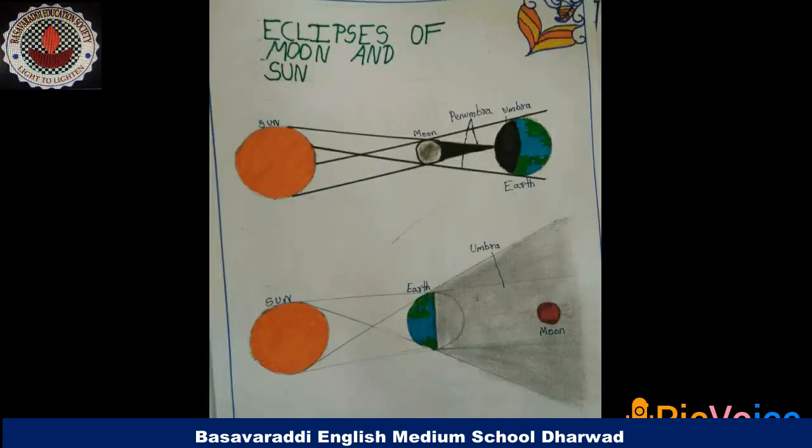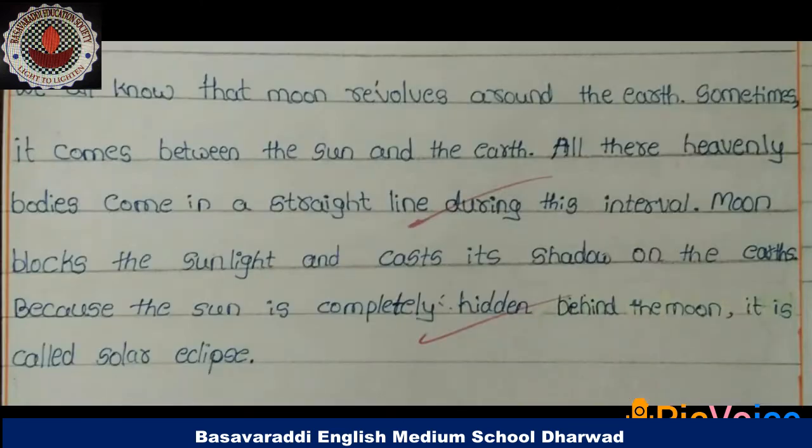Second layer is subsoil. Subsoil is present below topsoil and above bedrock. The roots of the plants reach up to this layer of soil. The last layer, third one is bedrock. Bedrock is the lowermost layer of the soil profile and it contains large pieces of rocks. Okay, this is about soil profile.